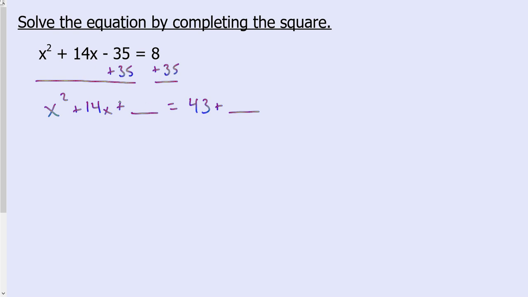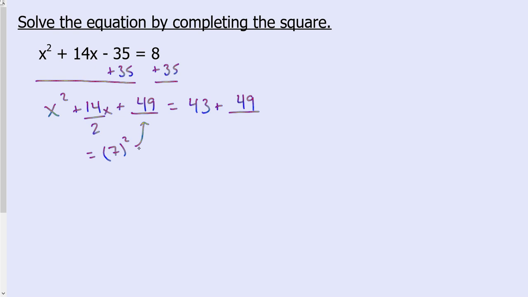Okay, I added a plus blank over here, add a plus blank over there. All right, so now I'm ready to go and complete the square because a is equal to 1. This is all set up where I can find my magic number that gives me my perfect square factorization. So how do I do that? Middle term, divide it by 2. 14 divided by 2 equals 7. If I take 7 and square it, that's going to give me plus 49. Because I added 49 to the left side of the equal sign, I must also add 49 to the right